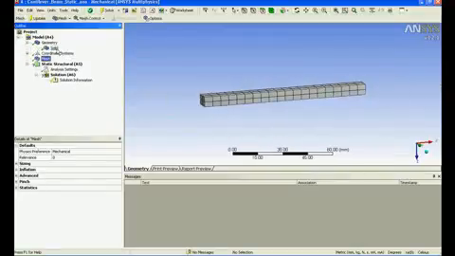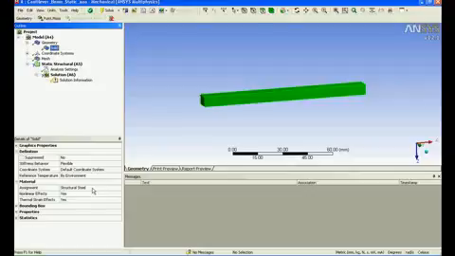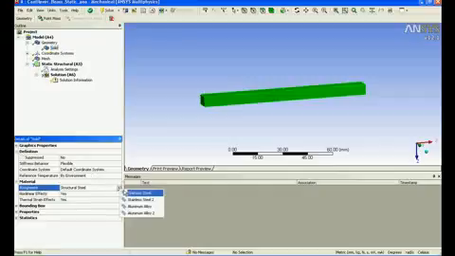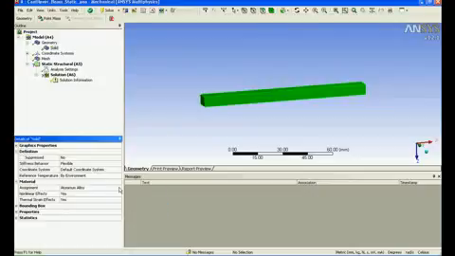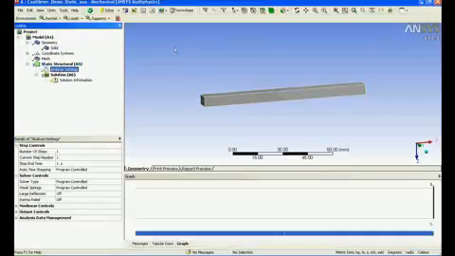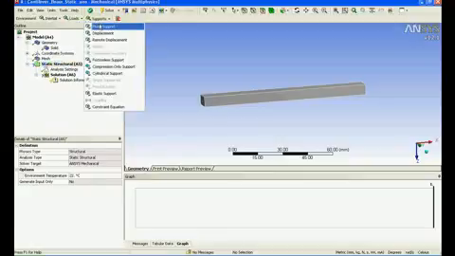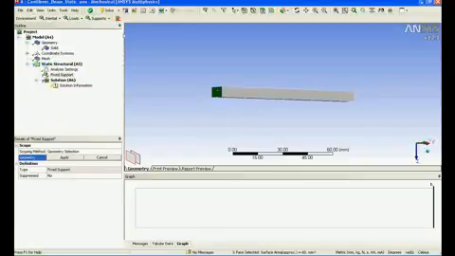You can see it's a hexa mesh, and then I'll click on geometry, and when I click on solid, you can see the material has been assigned. Stiffness behavior is flexible. I'm not into rigid body dynamics, and I can click it and select any other material that I would like. I'll select aluminum alloy, and I'll go to analysis, and it's all been done. So I'll specify my conditions.